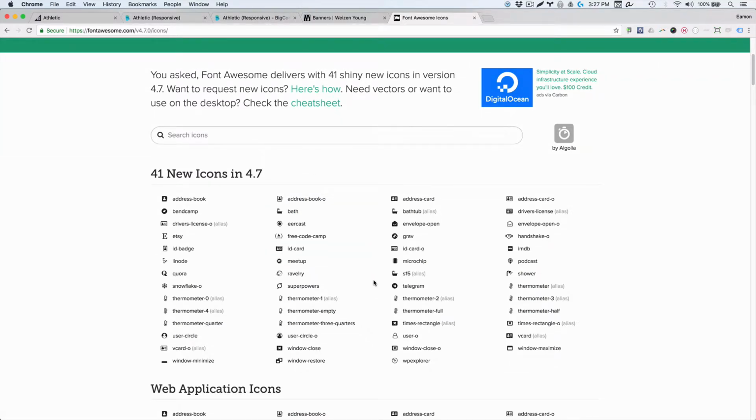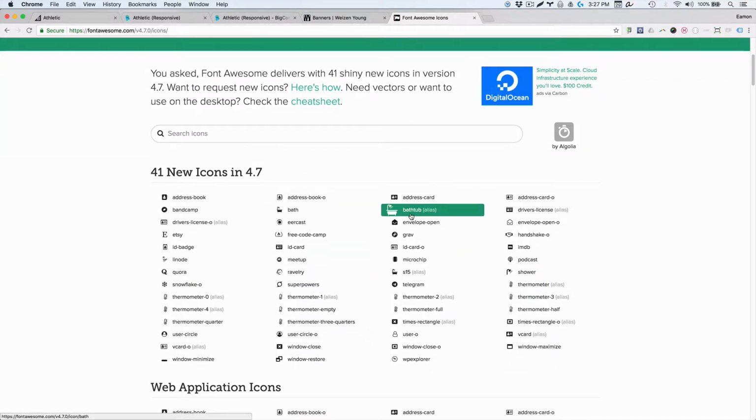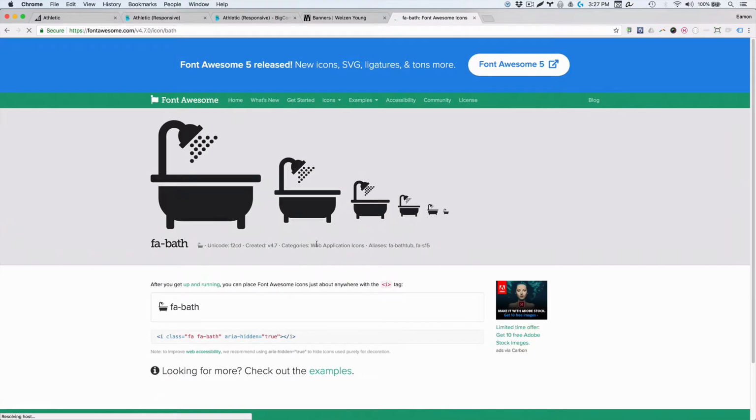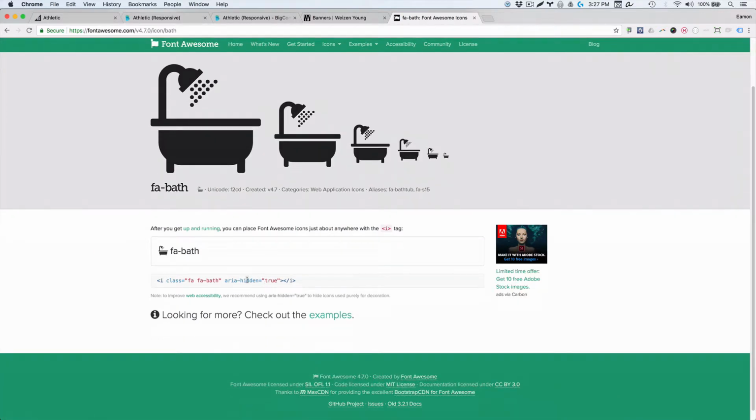So just for the example here, I am going to use the bathtub icon. So to get the actual CSS code, I basically click on the icon I want. And I look for this code here. It's not this, this is just the short name. What I want to copy is everything between these quotation marks. So I'm going to copy that